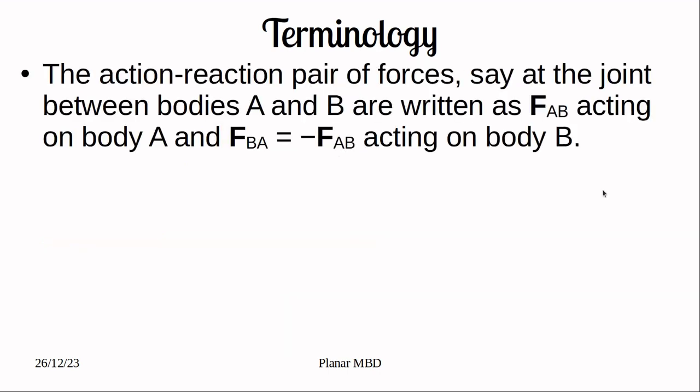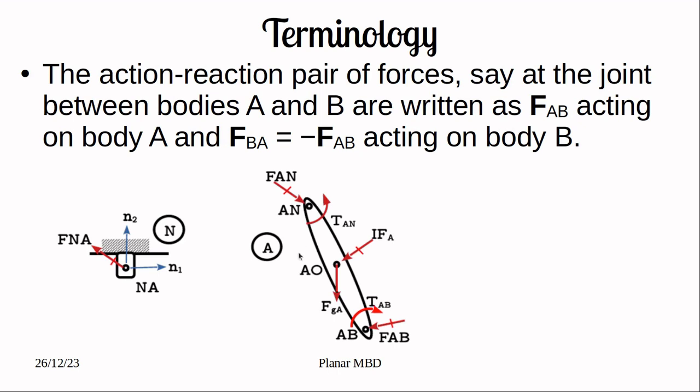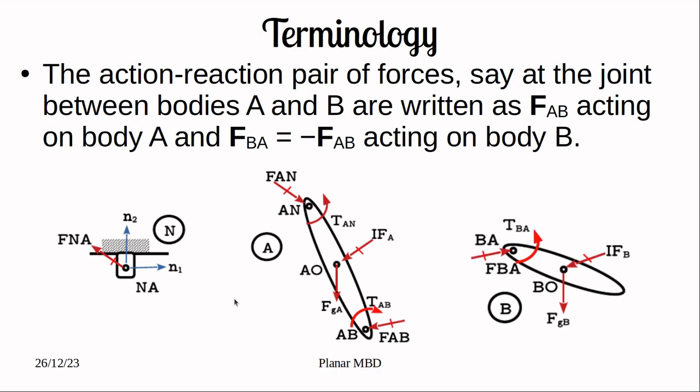Action reaction pairs: if you see two bodies here, N and A, at the joint between A and N you have two points, NA in body N and AN in body A. So you have an action reaction force FAN acting at point AN and FNA acting at point NA. This is an action reaction pair. So FAB is not the same as FBA. It is equal in magnitude but opposite in